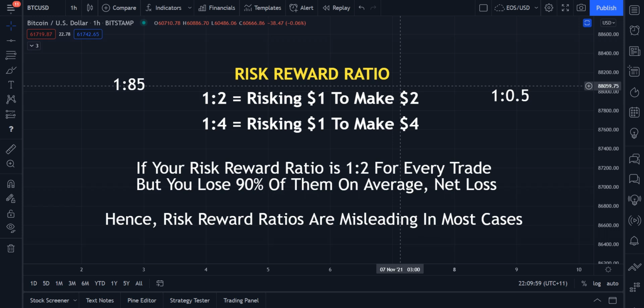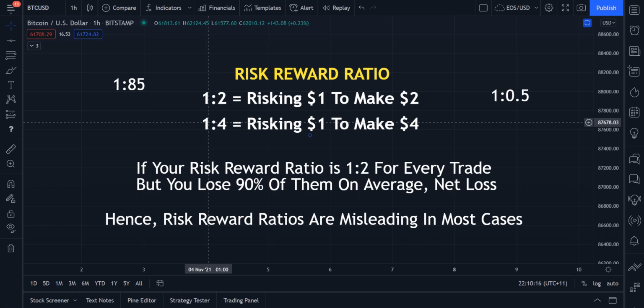So if you make up a trading signal, you've got it all mapped out, and you allocate it as a 1:4, right? So you're risking $1 to make $4. Who says you're right? Who says that's set in stone, right? That's very, very subjective. And so I think that we should be taking this with a grain of salt.